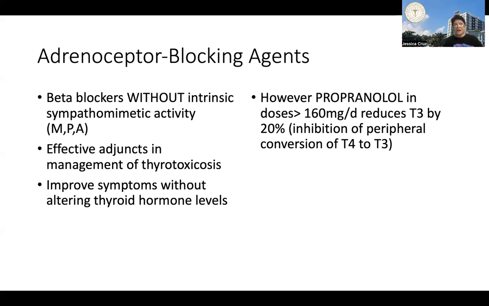Propranolol is non-selective. They improve the symptoms, especially of tachycardia and cardiac stimulation, without affecting thyroid hormone levels. However, of the three agents, propranolol in high doses is observed to be able to reduce T3 levels because it can inhibit the deiodination of T4 to T3. So propranolol also helps at high doses. But basically, the utilization of these agents is to help control the cardiac manifestations in